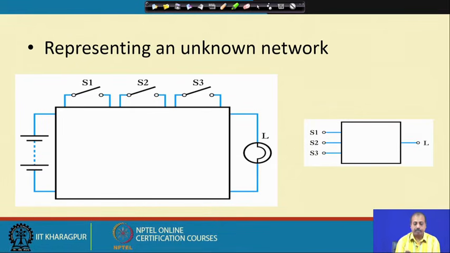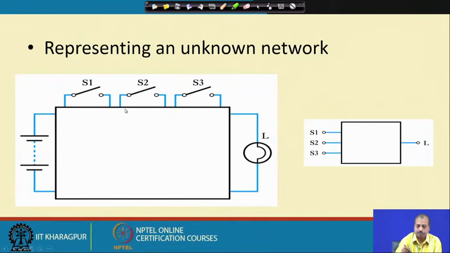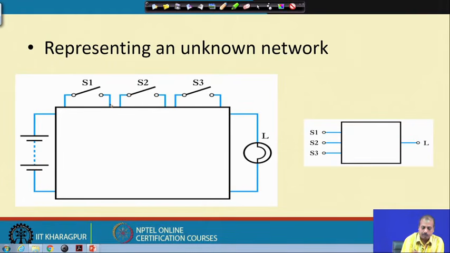It may be that the connection pattern is like this: from this point we have a connection that takes it to this as well as this, and then from this and this they are connected to the output point. So, we are getting S2 or S3, because S1 has to be closed and then at least S2 or S3 has to be closed, so that we can reach this point.